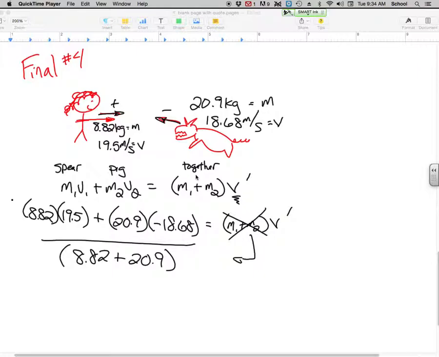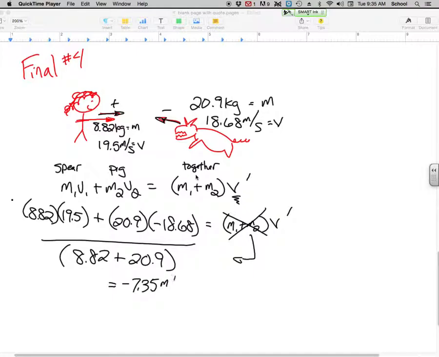If you use fraction mode on the calculator, it's real easy to get it right. And if you do that correctly, you should get negative